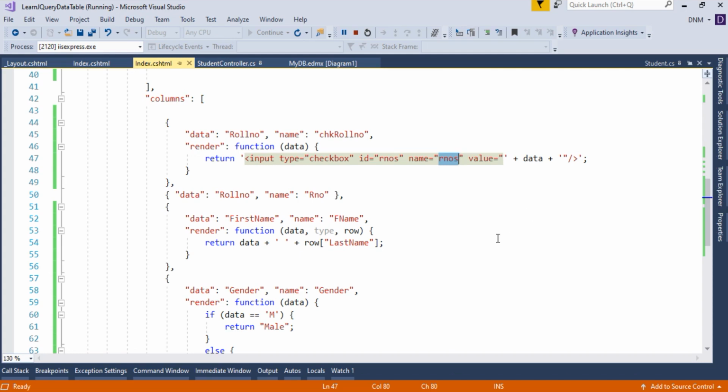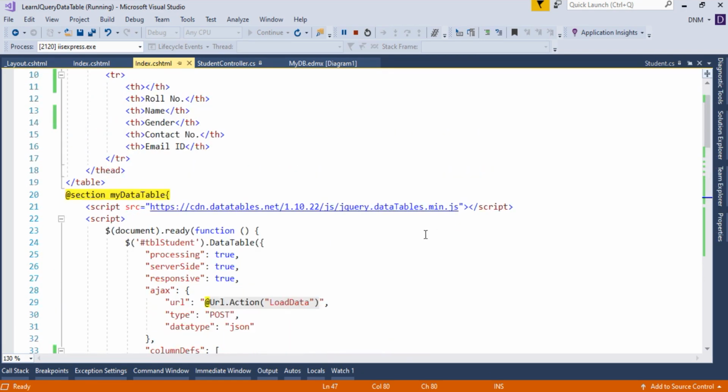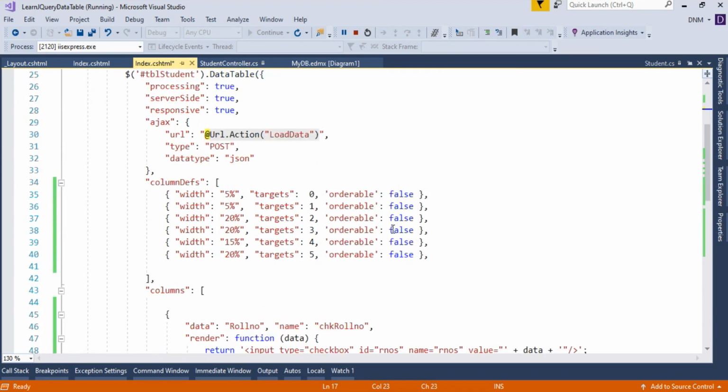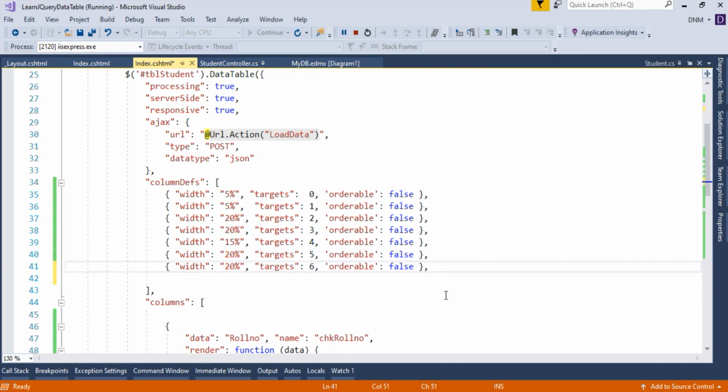We are going to render one more column, and it is in the form of a hyperlink. So let me add one more column here, for the heading say Action, meaning edit or delete, whatever action you are going to take. Similarly, let me render one more column here. Now it is the last column. I hope these values match. So 20, 20, this is 80, and basically I have to set it to, let us set it to 15. So addition will be 100. Just make sure that addition is 100.